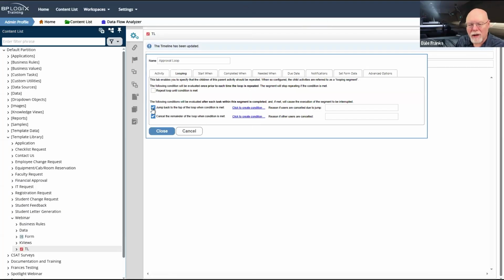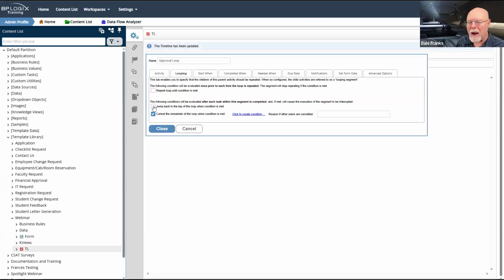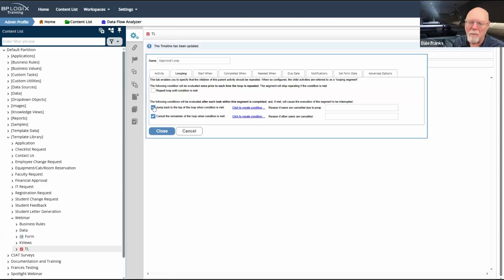Admittedly, the jump back to the top of loop you may or may not do. Generally, this is for some sort of initiator resubmittal as part of the approval process. So again, you may or may not have that as part of a standard process. I'm going to create the condition here.